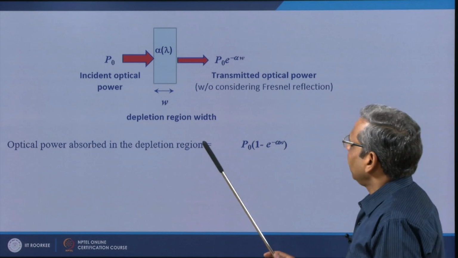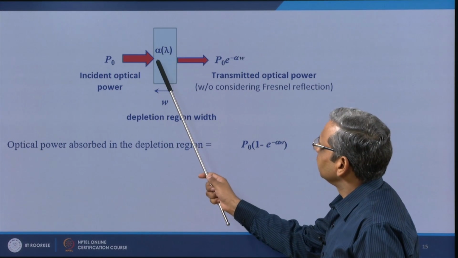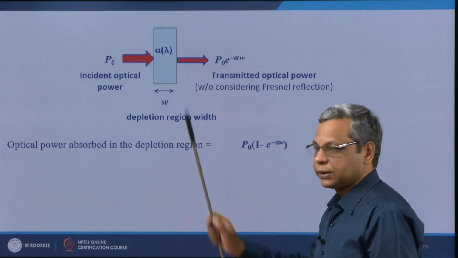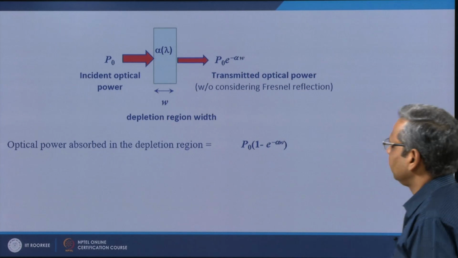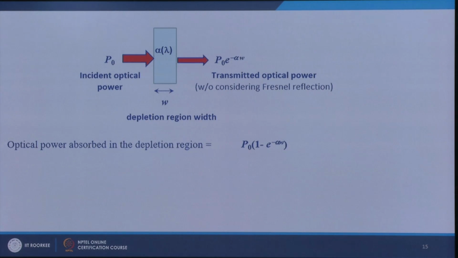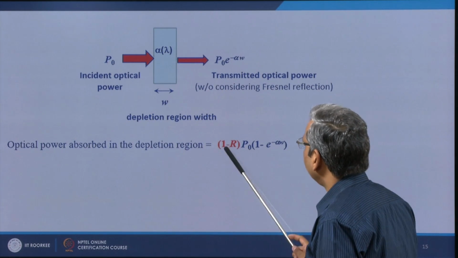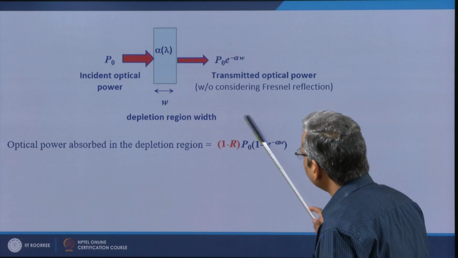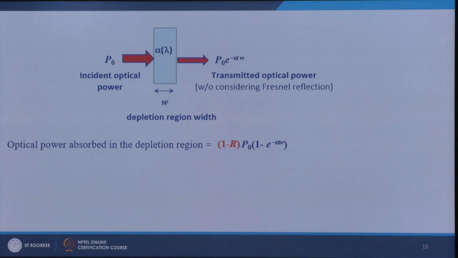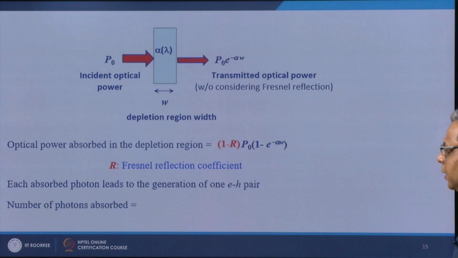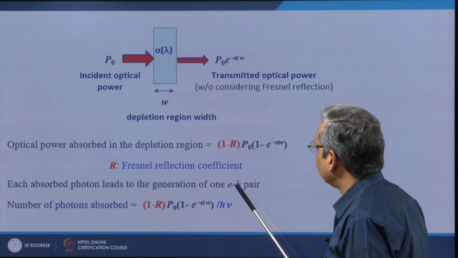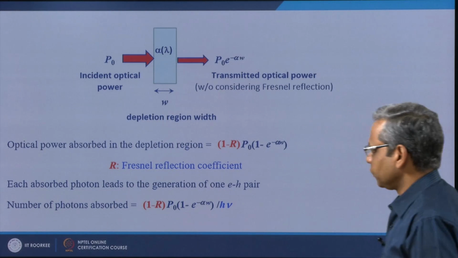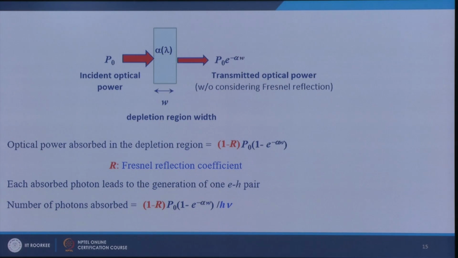Now, basically P 0 is not the power which enters the material, because a fraction r will get reflected because of Fresnel reflection. So, the power that goes inside is 1 minus r times P 0. So, this would be the power absorbed and this will result in generation of electron hole pairs. Okay. So, the number of photons absorbed per unit time would be this divided by h nu,